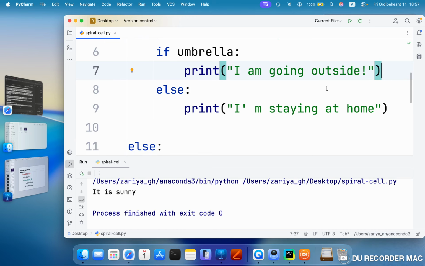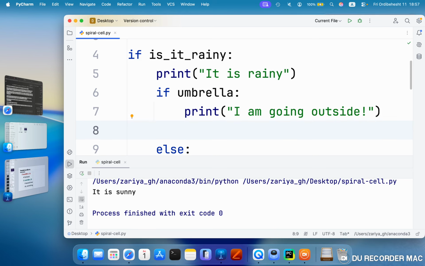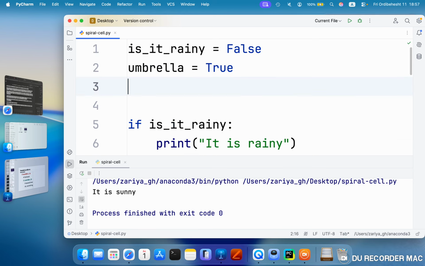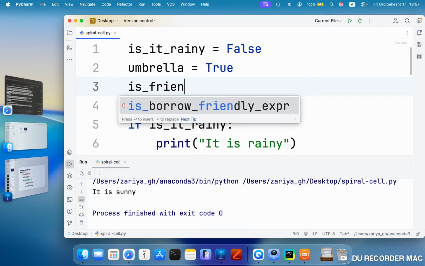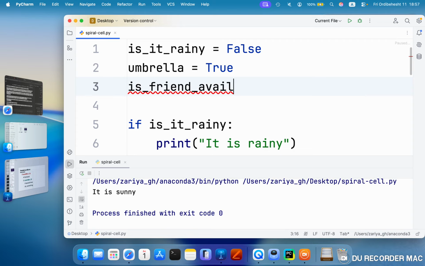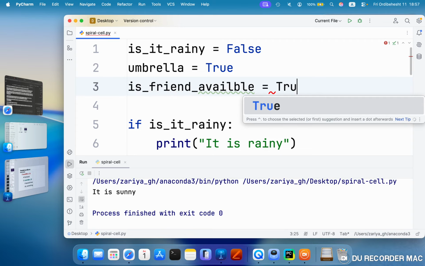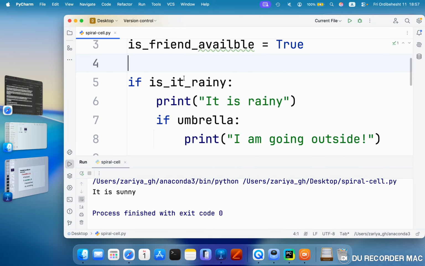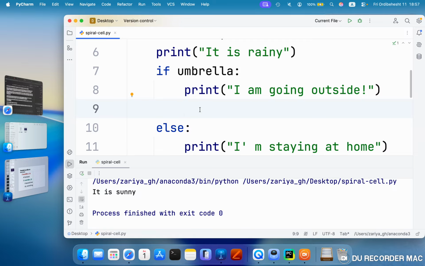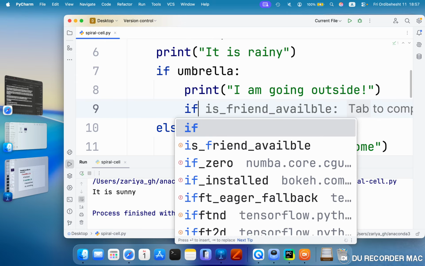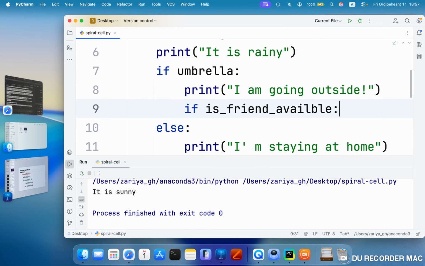If the umbrella is true, is friend available too. I want, if it's rainy and I have an umbrella, to call my friend to come outside with me. Okay, so